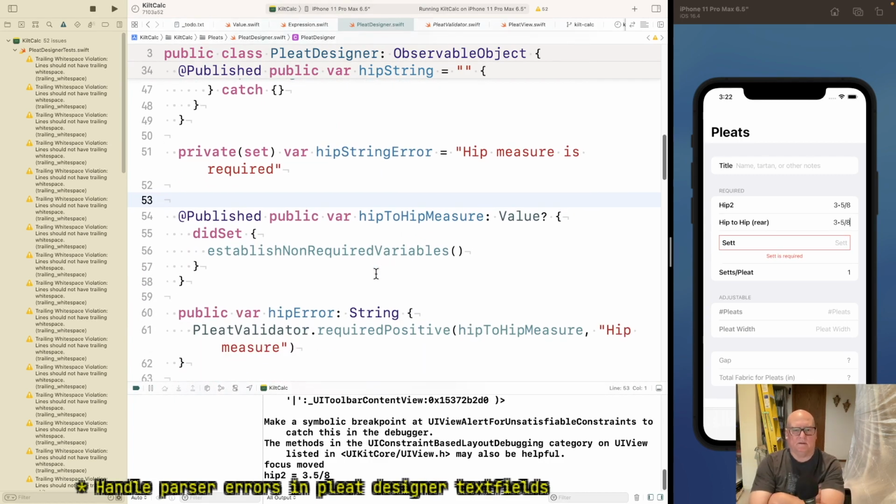Hip error is, like, why do we need both these, right?